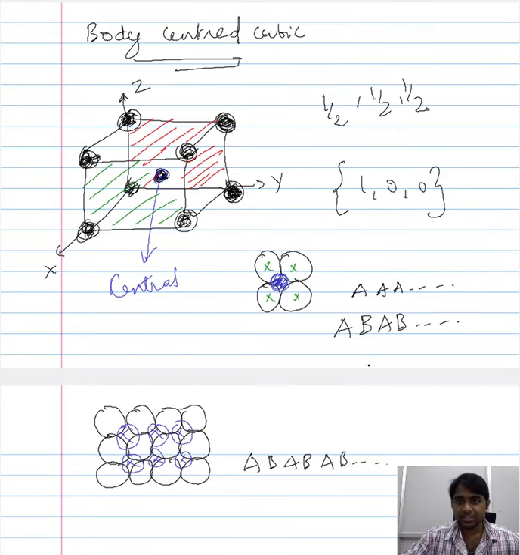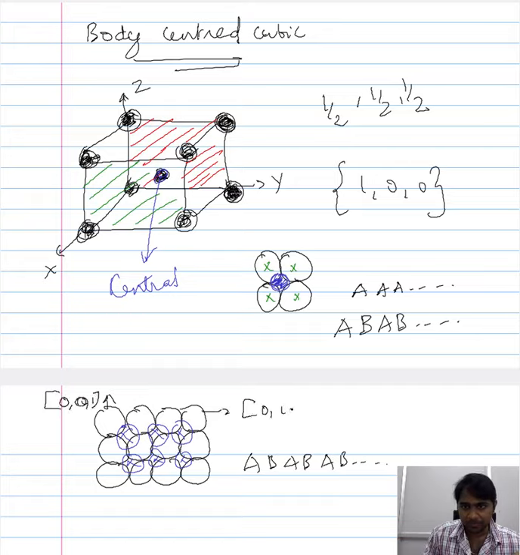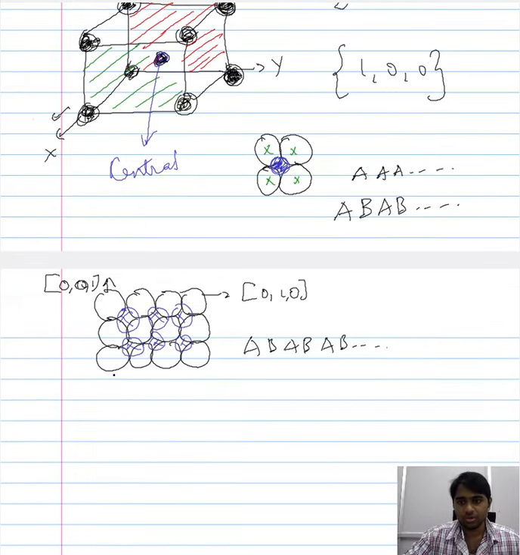Now, in addition to the 1 0 0 family of planes, since we are focusing largely on the 1 0 0 family of planes, this direction here would be 0 0 1, and this direction here would be 0 1 0. So we are viewing along this direction, and that means you are tilting your unit cell such that the 0 1 0 direction is pointing this way, and the 0 0 1 direction, which corresponds to the principal axis Z, is pointing along this way.